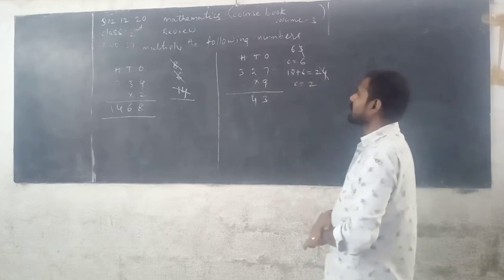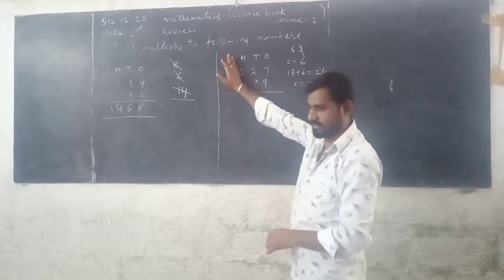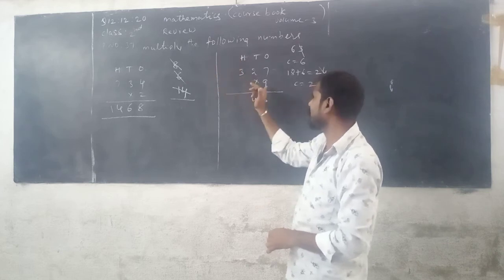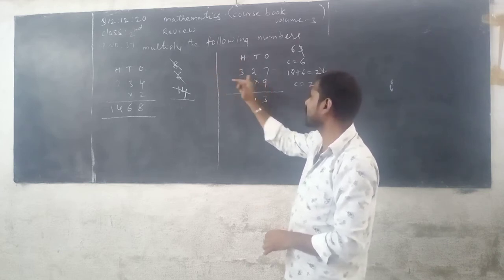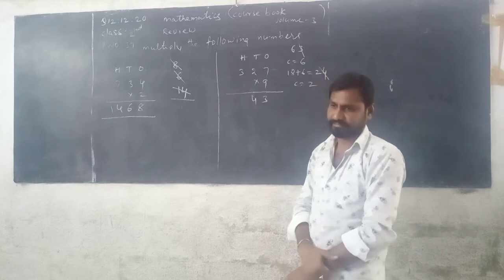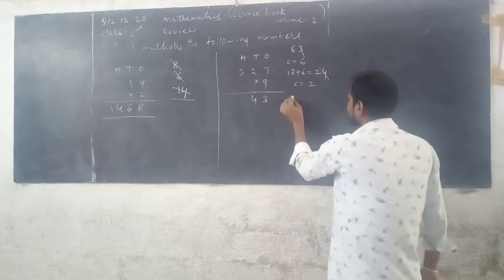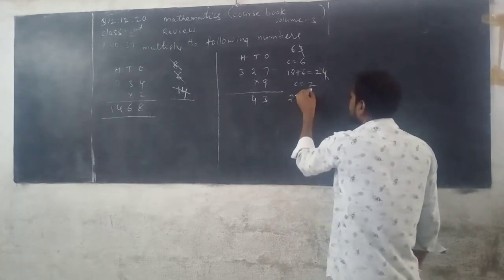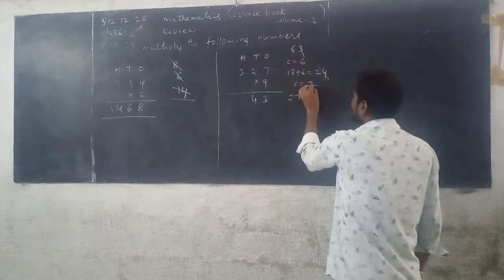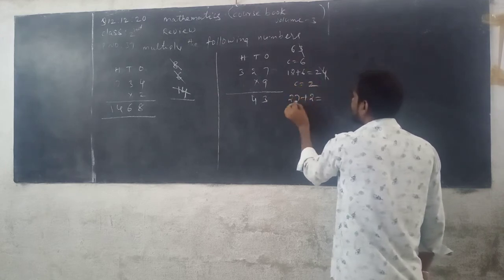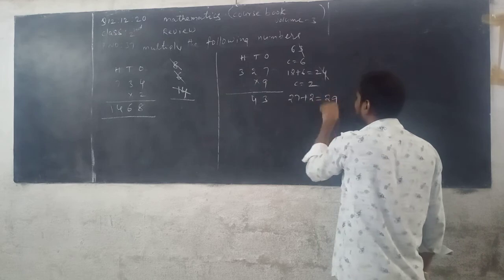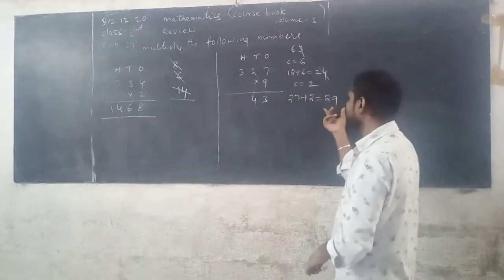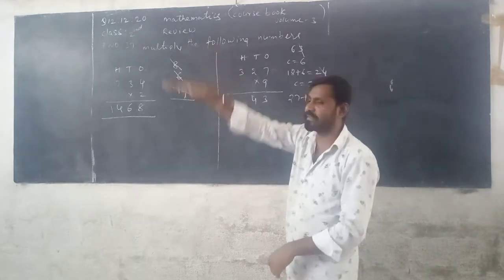Then we multiply the digits in hundreds place. That is 3 with 9. Then you can read 9 table. 9 3s are 27. This is the previous carrying. 2 is added to 27. 27 plus 2 you get 29. Then you can write 29 directly because this is the last place of the given number.